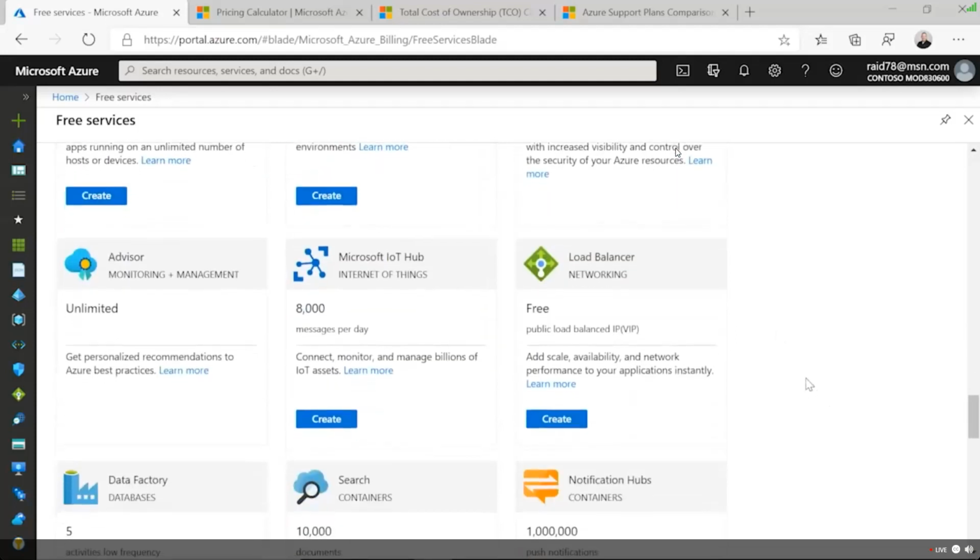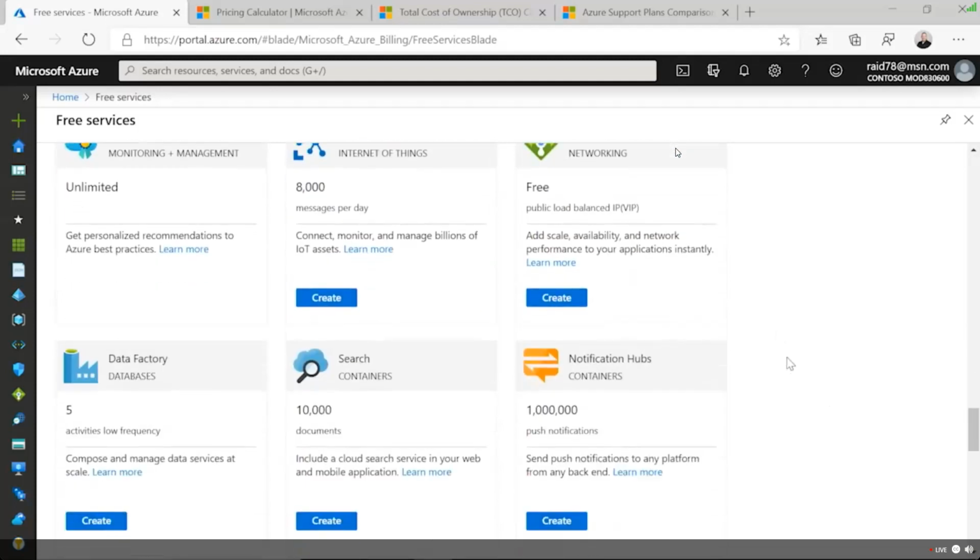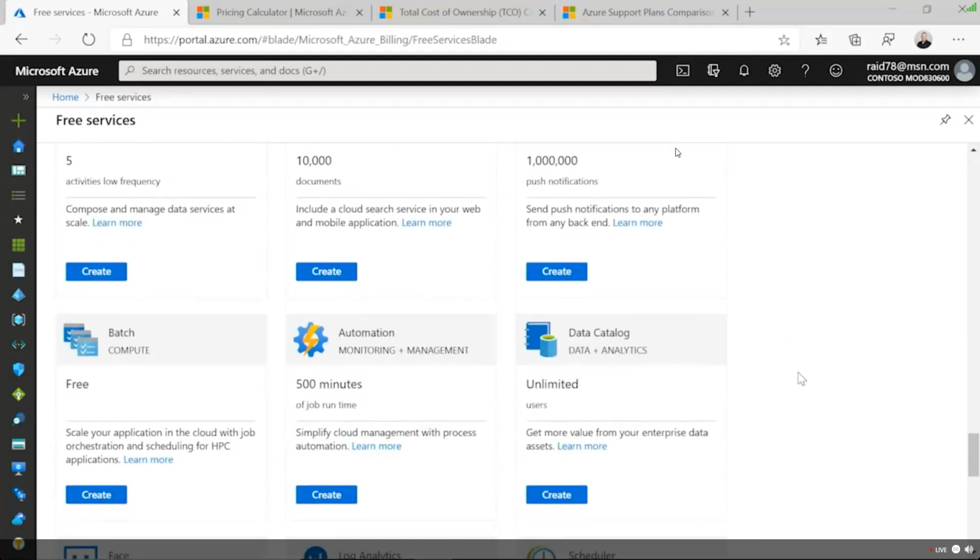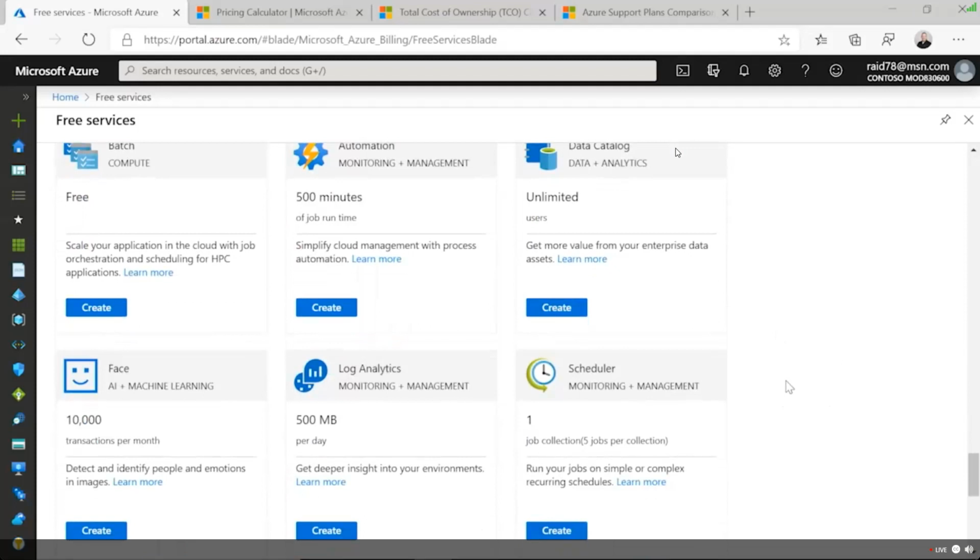See what's there. You have all kinds of technology you can explore, research and leverage inside of Azure. So you definitely want to take a look at those free services. Not a lot of folks know that they're there, but they've always been there for us to use and leverage. We have our free services. So let's go ahead and switch back. Just wanted to show that to you real quick.